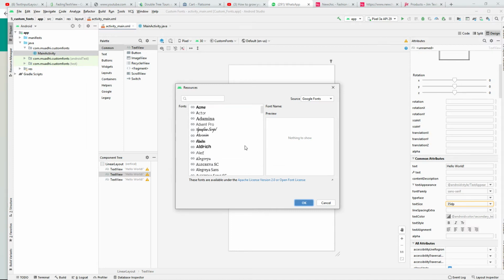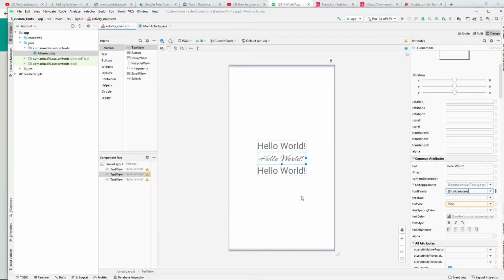So let me first pick a random font for now, and then I'll look deeper about it later. Let's pick this, the font that we can tell that we have really changed something. So it is called Arizonia, and then I'll say it should be created and downloaded to our project. Okay, so I can add here and then say okay, and then if it will load, see it has been loaded. So if I run my project,